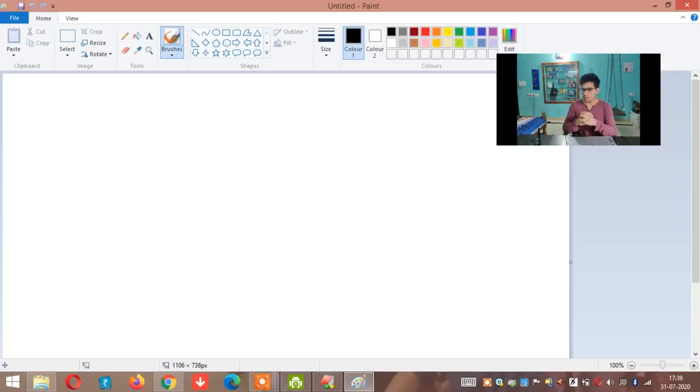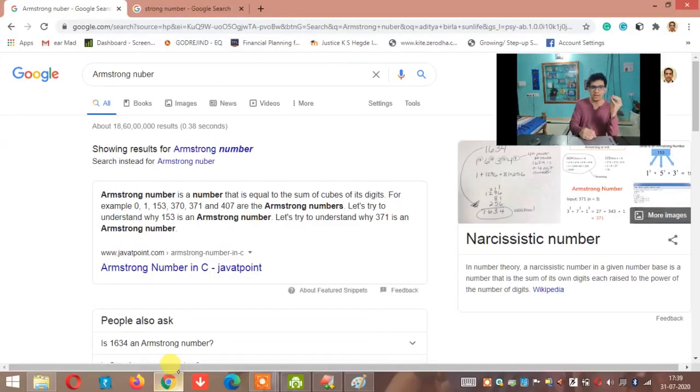So let's see what is Armstrong number. What I'll do is first I'll go to Google, and I have already searched what is Armstrong number. Maybe my voice is not audible to you, so I'll put the microphone here. Okay. So Armstrong number is a number that is equal to the sum of the cubes of